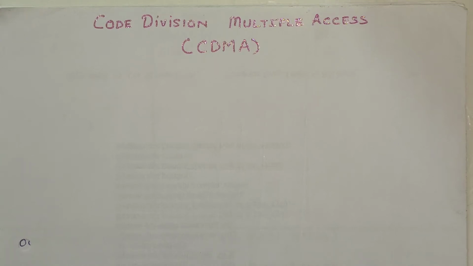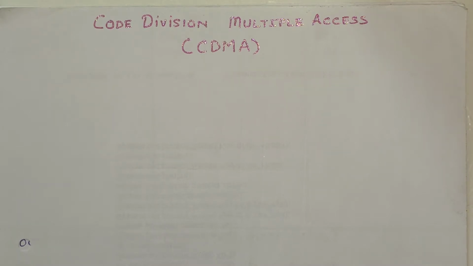Alright, so welcome back to wireless communication topic. Today we are going to cover code division multiple access technology. So basically, we are going to cover one example for the same, and we'll try to find out how this particular multiple access technology is going to work out to transmit multiple user data over the network. Fine. So let us see first the scenario that we want to cover here.